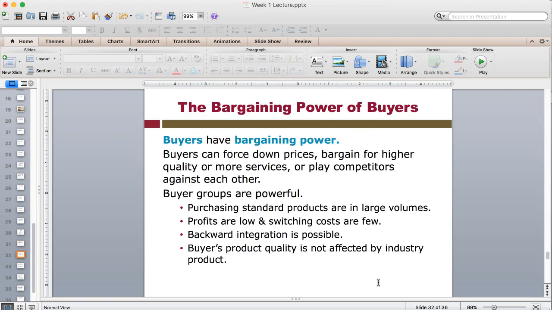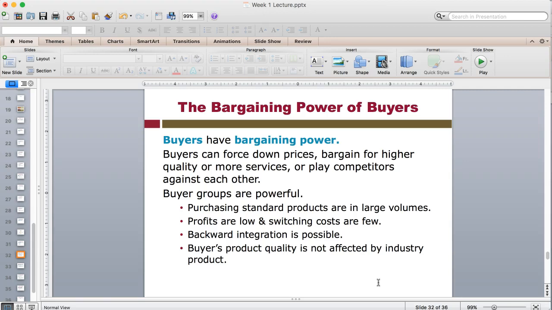Buyers, so the bargaining power of buyers. In this day and age, buyers have more and more information about prices and costs. It's a lot easier to play competitors against each other. Companies form buyer groups so they can gain more competitive advantage. In this area, you see a lot of these local ag co-ops merging together to become bigger and bigger entities